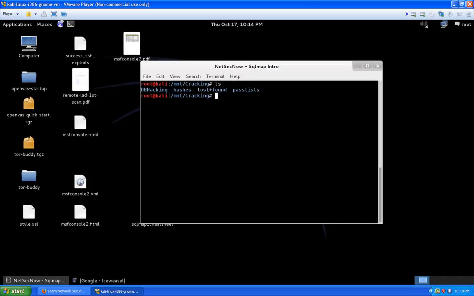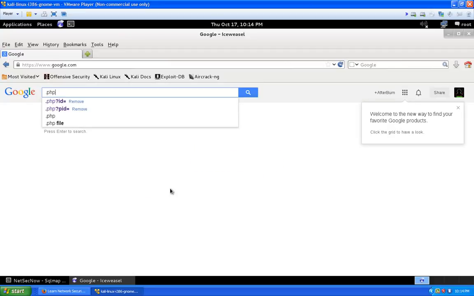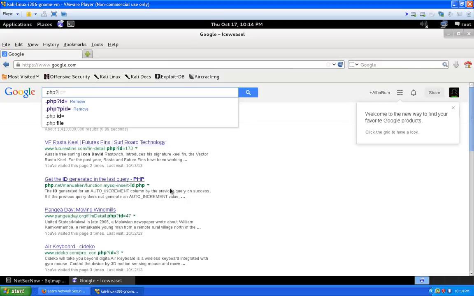So basically, let's just open up Iceweasel, and I'm going to go ahead and show you how to find something like that. So, Google dorking. Google pretty much automatically does it for you now unless you want to really get specific about it, but we're going to do just a pretty broad search. We're looking for anything that ends in the extension .php, and we're going to be looking for a question mark after that, and then something equals, and that's it. So basically it goes .php, question mark, and then we're going to use id=